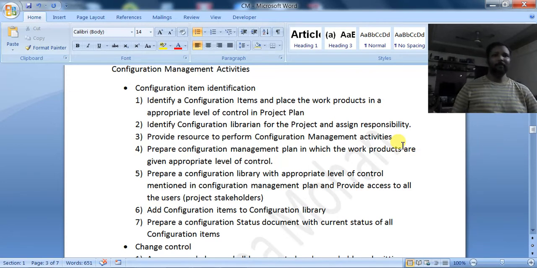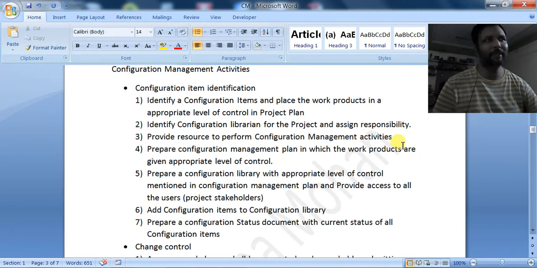Okay, you have to provide the tool as well as the login IDs, and you have to give the particular access, login credentials, as per the role. Testers will have separate access, the developers will have separate access, leads will have separate access. Suppose the test plan document is there, only the test lead can do modifications. The test engineer cannot. Such type of privileges has to be given.